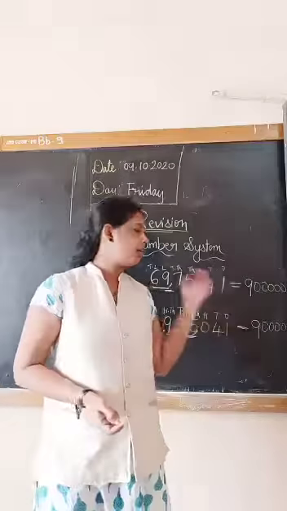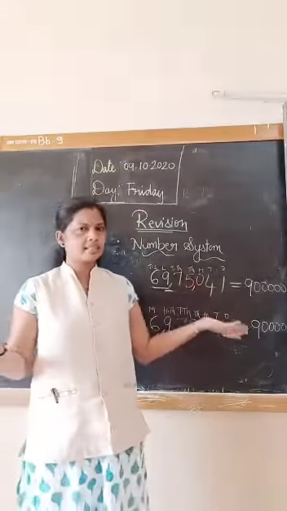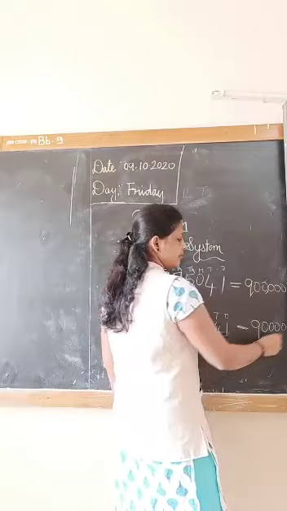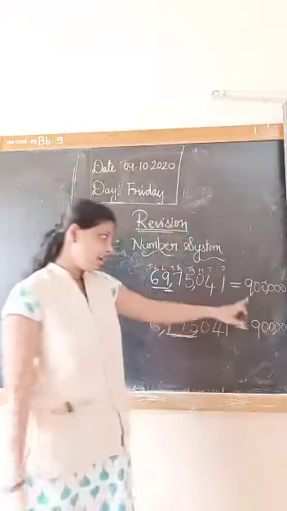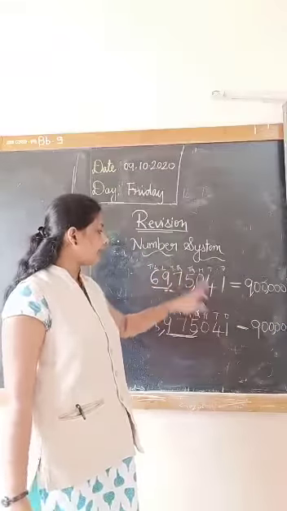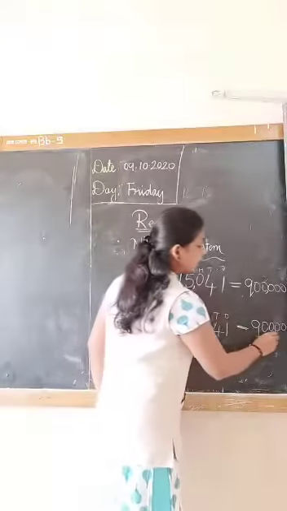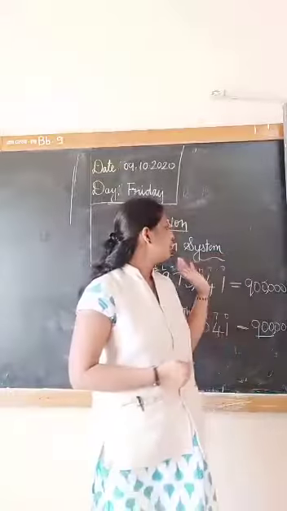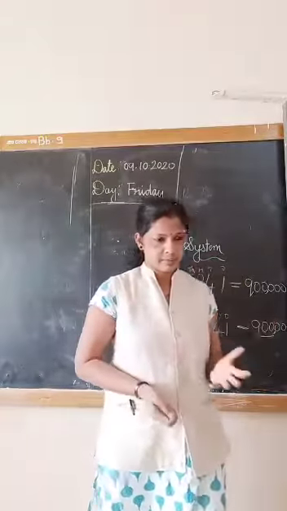Okay? Is that clear? Now, if you write this, it's correct. But if you insert a comma here, it should be inserted in the Indian system, and then here in the international system. Now you will read this as 9 lakh, but here you will read this as 900,000. Am I clear? So this is how you can write the number in expanded form.